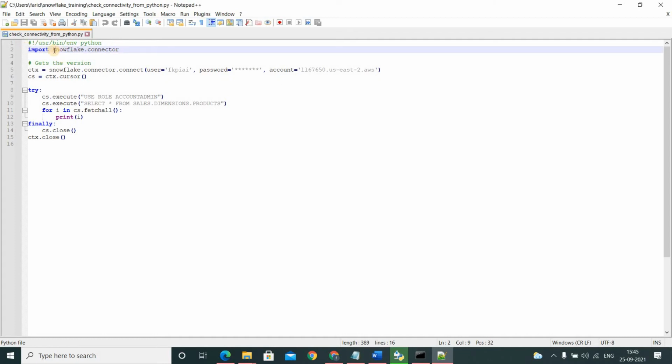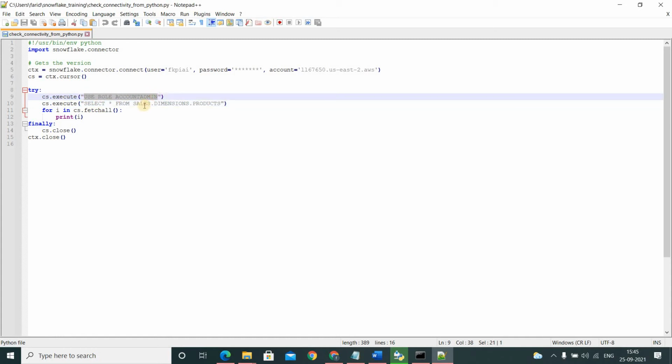This is a package that got installed when we ran the pip command. It has a class called connect, and inside it we have to provide our username, password and our Snowflake account string. Then we need to create a cursor; cs is the cursor name, and execute is the function name. Inside that, provide your